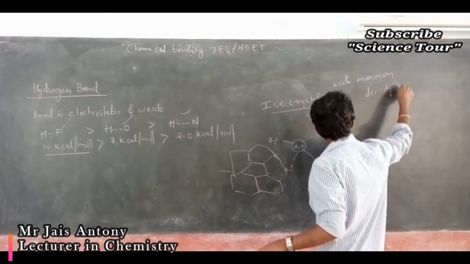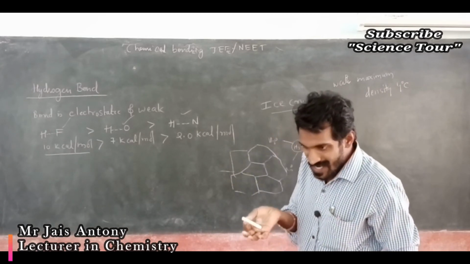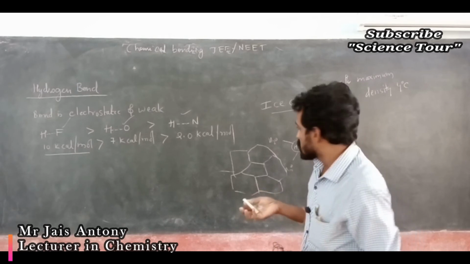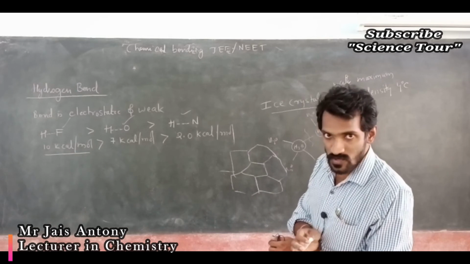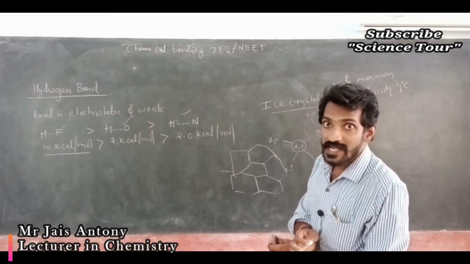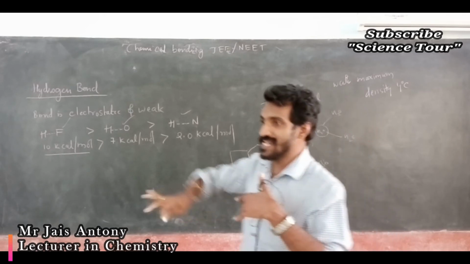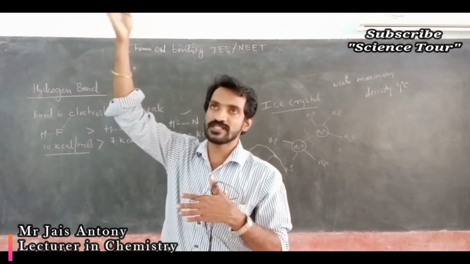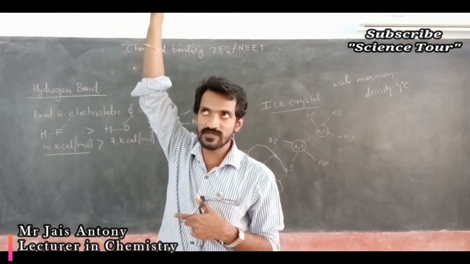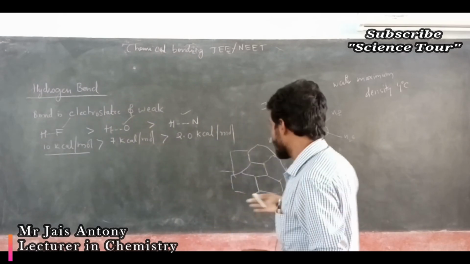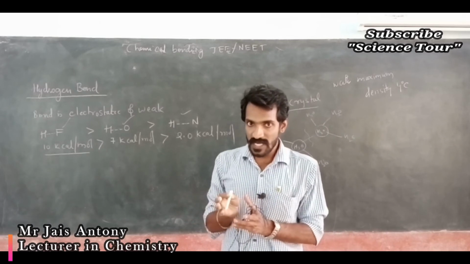Water has maximum density at 4 degrees Celsius. That means when you take an ice crystal and increase the temperature slowly, that cage type structure starts to break, and all the water molecules come closer. At 4 degrees Celsius, density becomes more and more. After 4 degrees Celsius, again you increase the temperature, 4 to 5, 5 to 6, like that. Up to that point, all water molecules come closer, reaching 4 degrees Celsius.